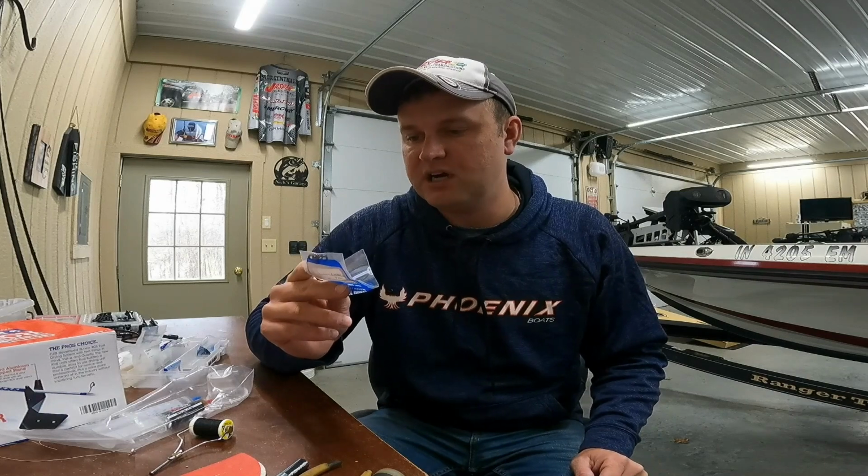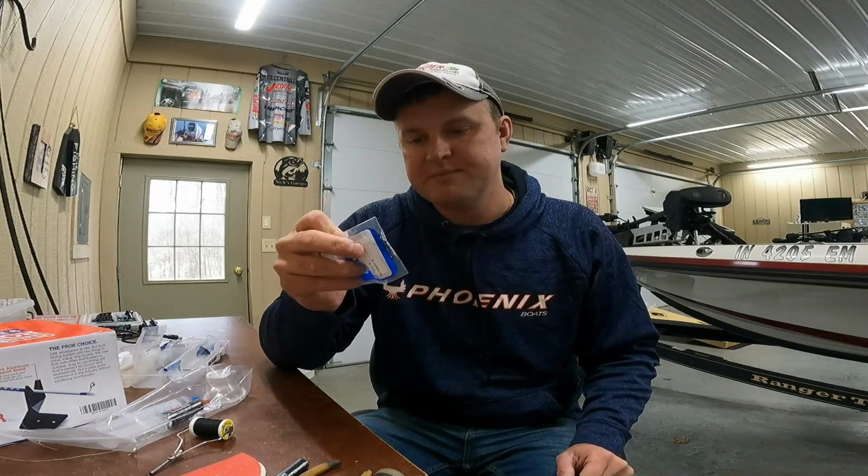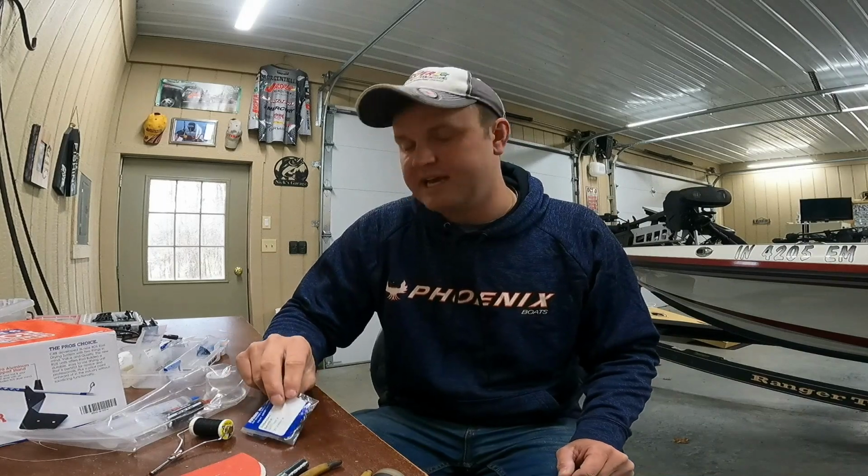Guide sizes will depend on the position that you break the guide off that rod. Depending on where that's at, it will either be a running or a casting guide. So a running guide will be closer to the tip, and those will be like a single-footed guide with smaller, typically you'll have a smaller ring size in them. And the casting guides will be like a double-footed guide that will be closer to your reel and back towards the butt of that rod. And these guides will be typically a bigger ring size, and it'll kind of get smaller as you get closer